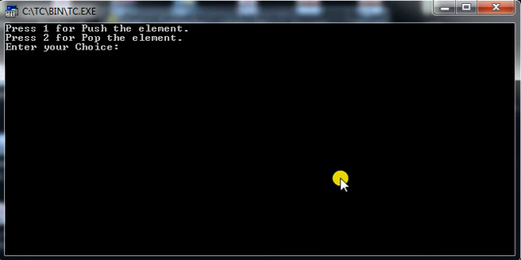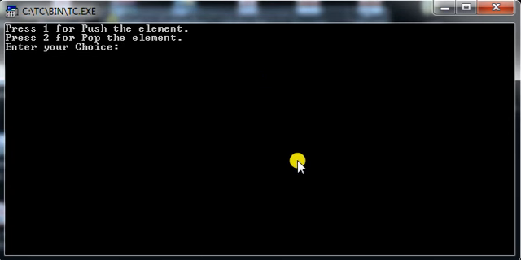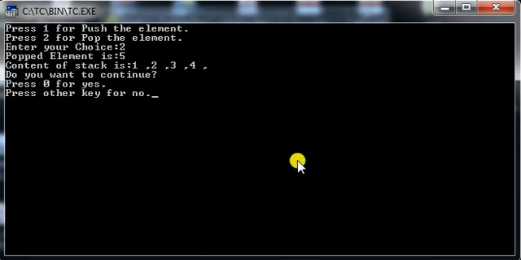Now once again I am trying to insert a new element in it. 1. Now what is it showing me? It shows me that stack is overflow, and this is the content of stack, right? Let me remove a few elements from the stack and try to insert a few records after that. So 0, let's say 2. So what will it return? It will pop the recently inserted element, and recently inserted element is 6. Once again 0, 2, you can see 5 is also removed from the top of stack. Now we have 2 empty spaces in my stack.